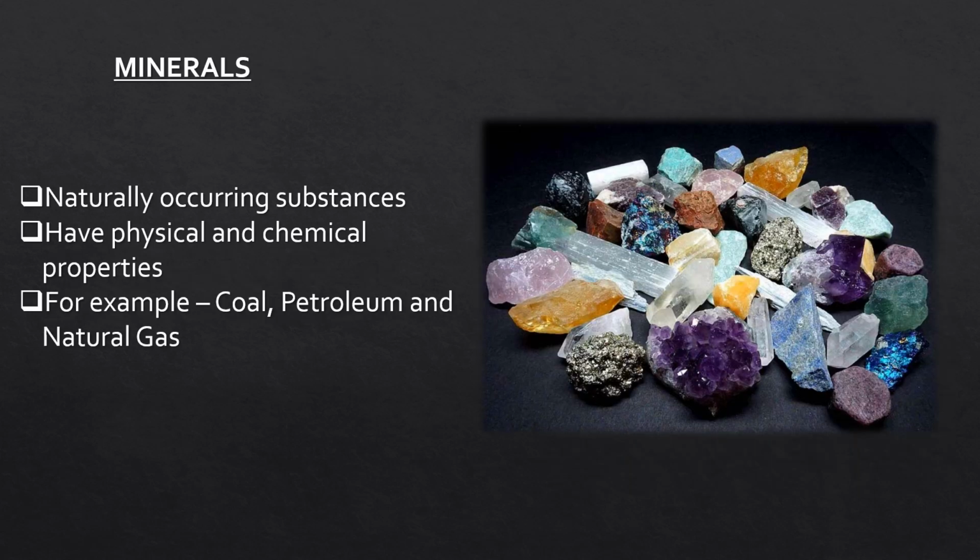Now after understanding the rock cycle, let us know about minerals. Rocks are made up of different minerals. Minerals are naturally occurring substances which have their own physical properties and definite chemical composition. They are very important to all of us. Some are used as fuels, for example, coal, petroleum and natural gas. They are also used in industries like gold, uranium, iron and aluminium. They are also used in medicine and fertilizers. Minerals are very useful to all of us in our daily activities.